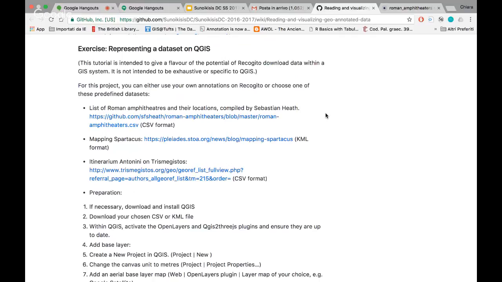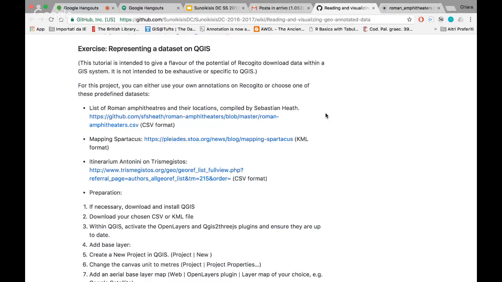You can choose between the 3 datasets that we suggested. You can look for additional datasets in Trismegistos Places if you want, or you can try to listen to our previous session about geotagging and tag your text in Recogito and then try to represent that on QGIS on your own.